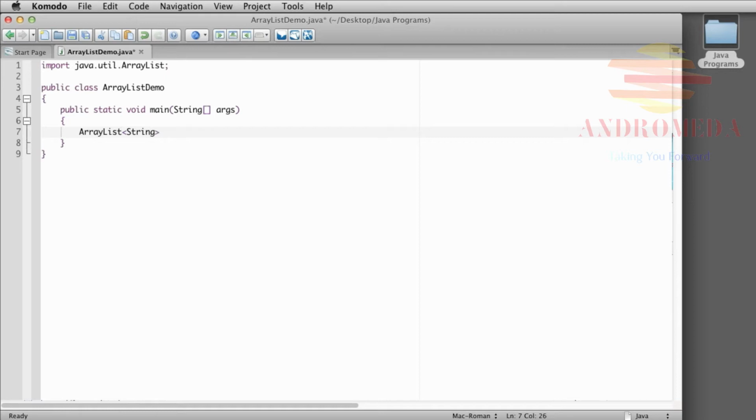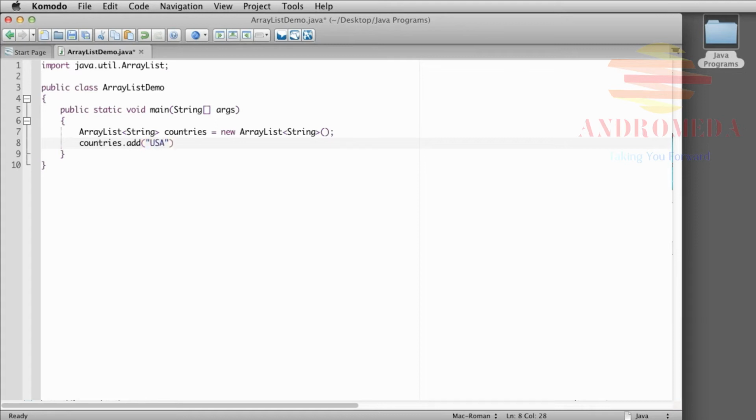So we declare the type, and we'll say countries equals, and then we'll declare it as a new ArrayList. And again, we repeat the generic type String like that. If you haven't used generics before, that probably looks a little weird. Now, since ArrayLists are essentially dynamic arrays that can be changed and resized, we'll go ahead and add our individual members like this. Countries.add